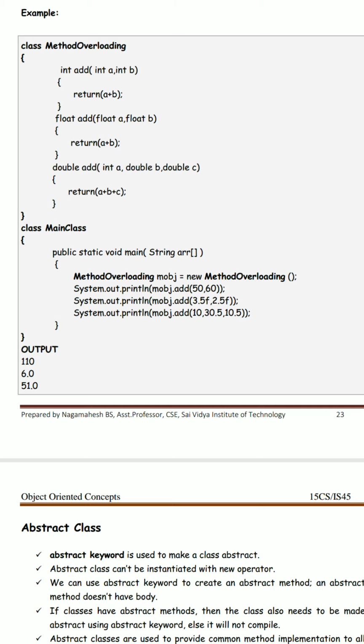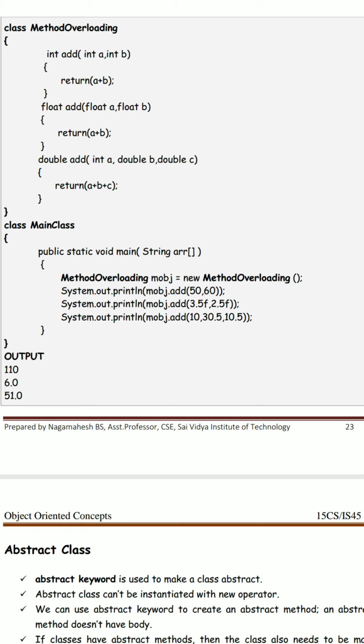The methods int add, float add and double add are in a different class, MethodOverloading, so we need to call them by creating an object of that class. To create the object: the name of the class, followed by the object name, then the assignment operator, then the new operator,